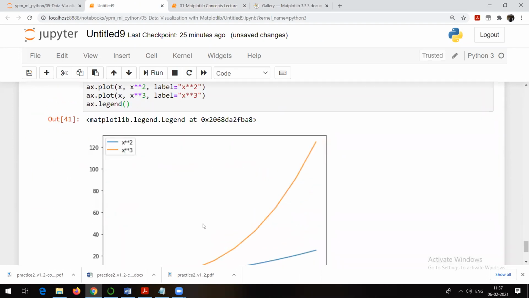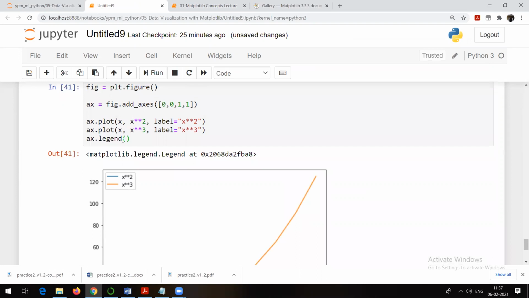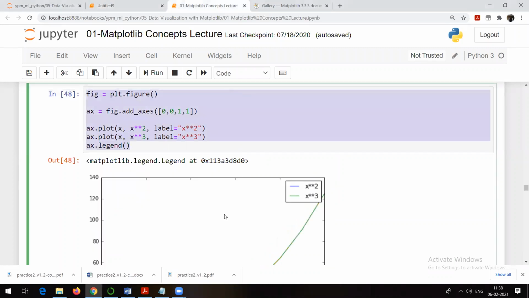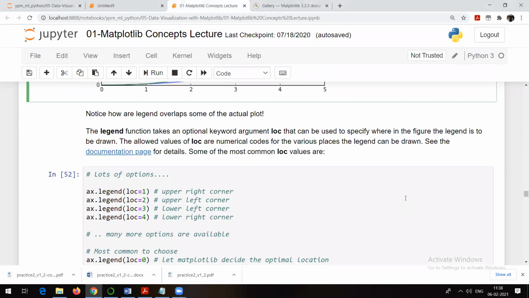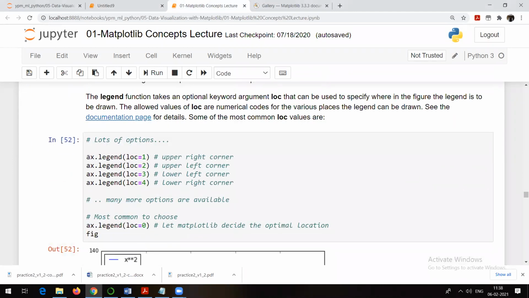See, and again, if you want to change the position of the legend, I hope you people have understood what is legend here. So here in this case, you can check that this is a legend. Now this can be here also, this can be here also. The legend you can put anywhere you want. We will see how to change the position of the legend in case of Matplotlib. But remember, object name dot legend is the command which you can make use of to have legend in our plot. See, axis dot legend.